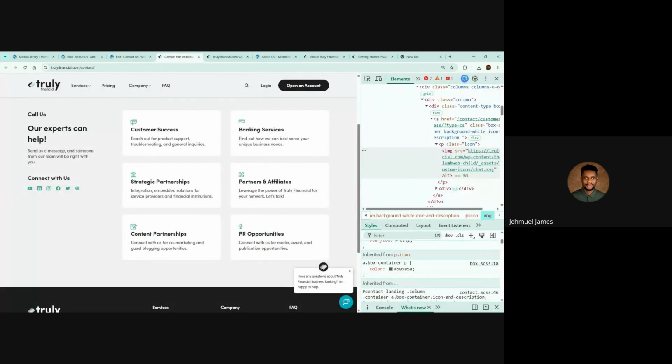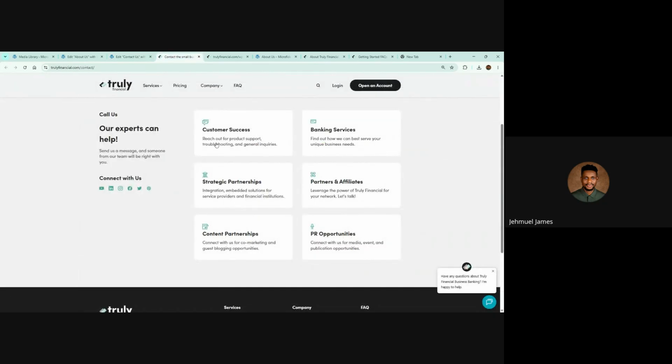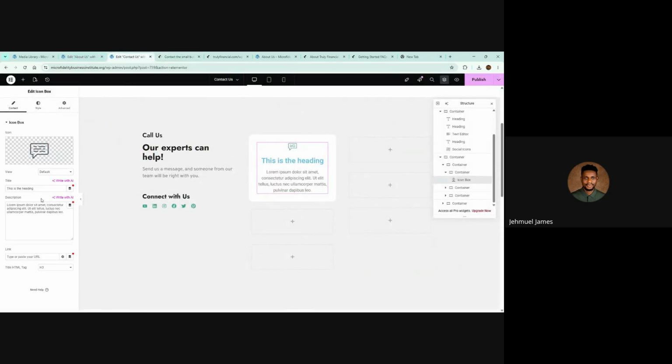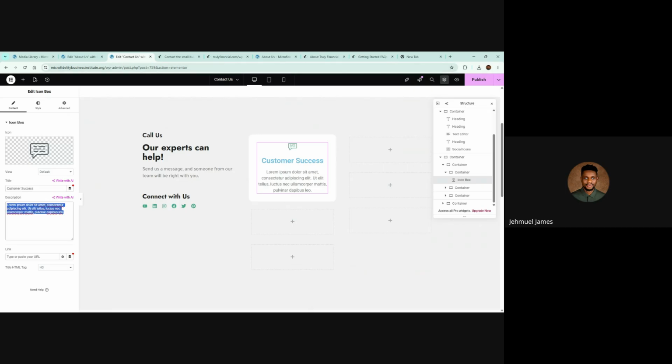Size is important for the icon, so let's say 24. Let's see, is theirs bigger than that? Yeah, theirs appears to be bigger than 24. So let's try. Maybe we could just do 32. Yeah, let's do 32. So for content, we have customer success in there. So you go to content, change it to customer success. Next is reach out for product support. Yeah, paste that. There's a line break right after support, so you want that line break as well. So BR,